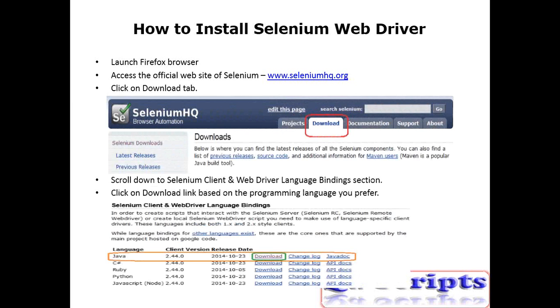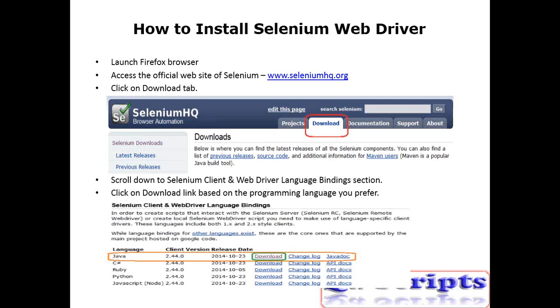There is a section called Selenium client and WebDriver language bindings. Since WebDriver supports multiple scripting languages such as Java, C#, Ruby, Python, JavaScript, and so on, all the language APIs of WebDriver will be present and listed there. Based upon your choice, you can click on the download link.